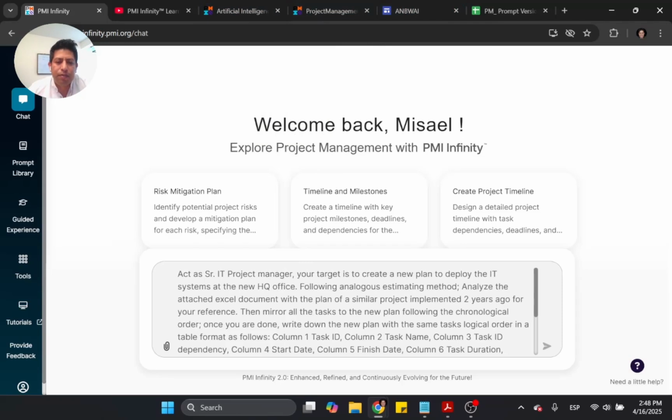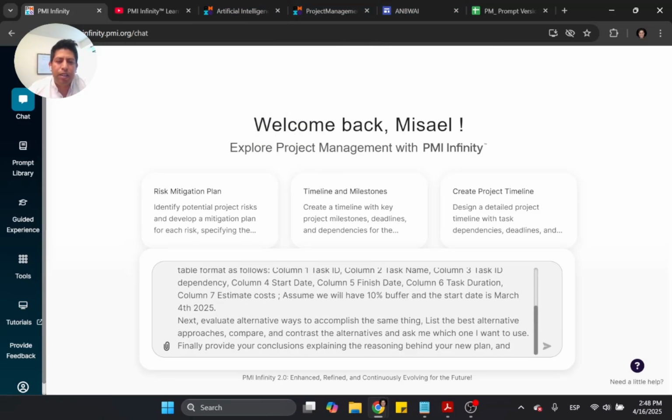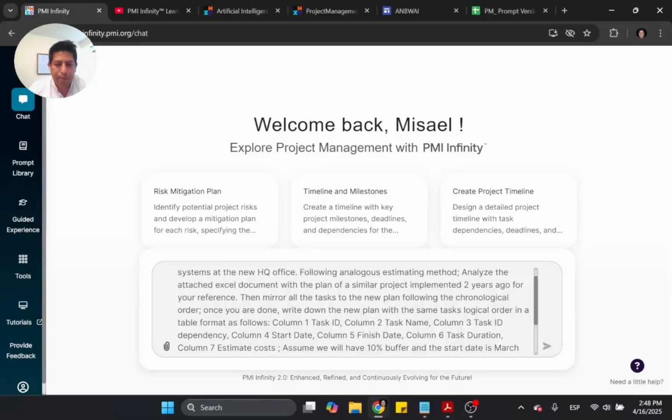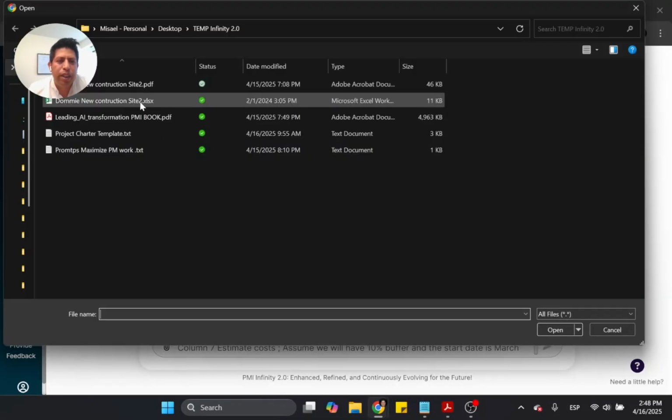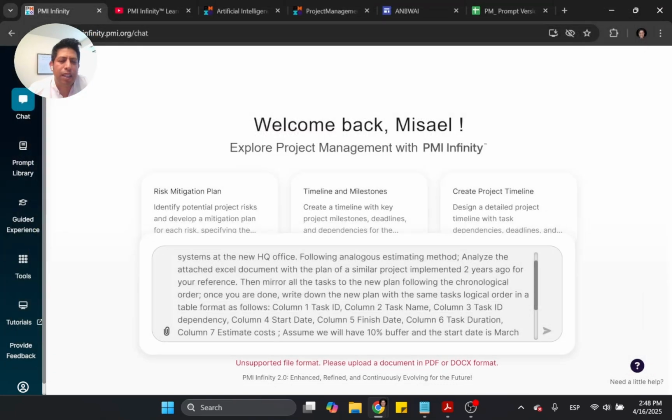So for this case, I put a little bit big prompt, and basically what I'm asking is to read the project plan of my project that I implemented a few years back and use that plan and create a new plan for me. All right. So what I will do is I will upload the plan